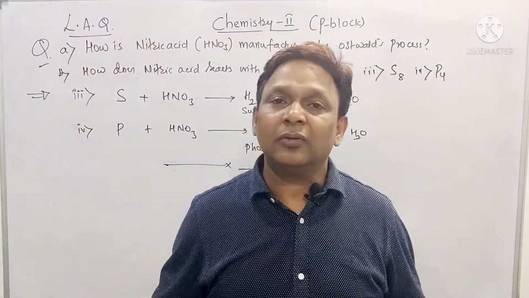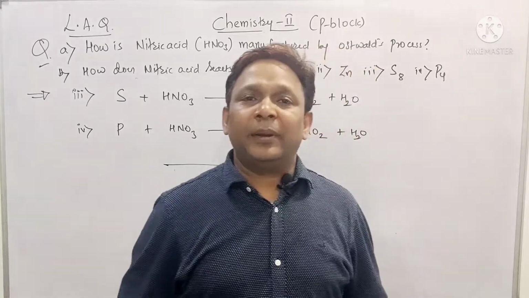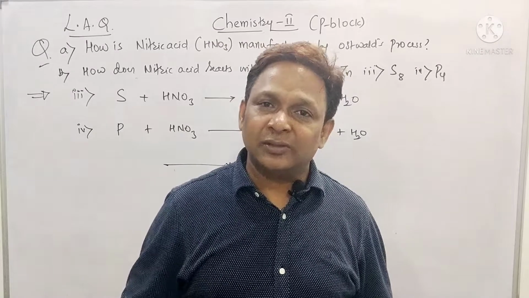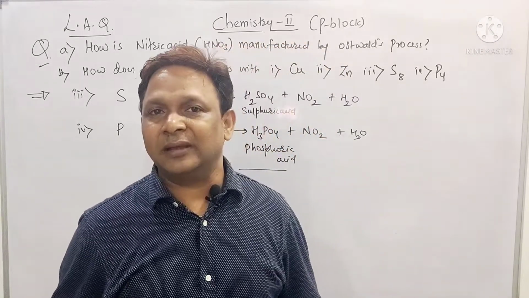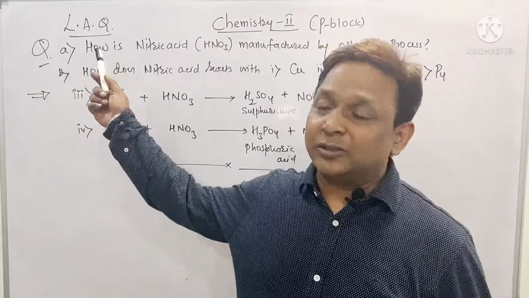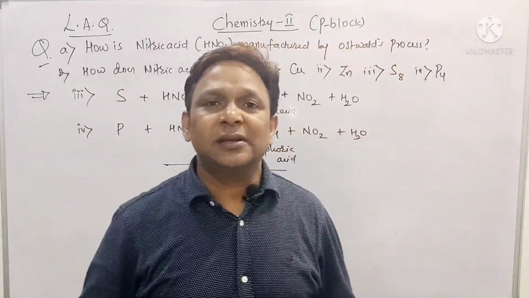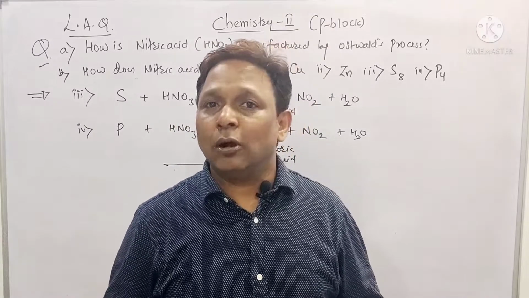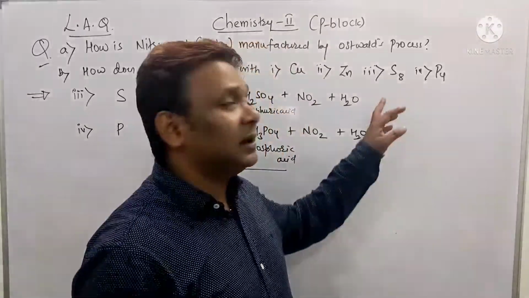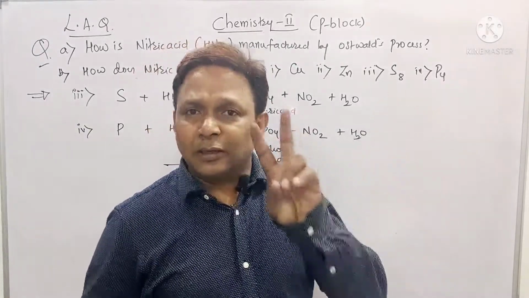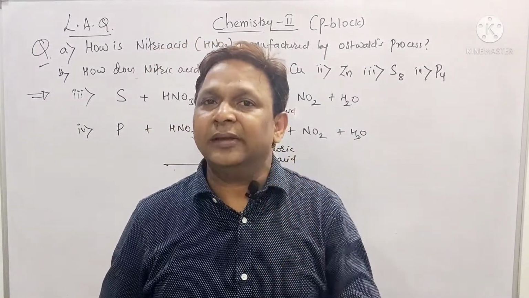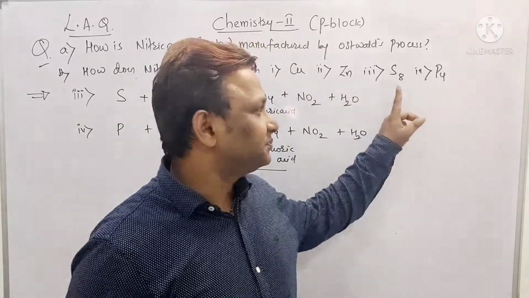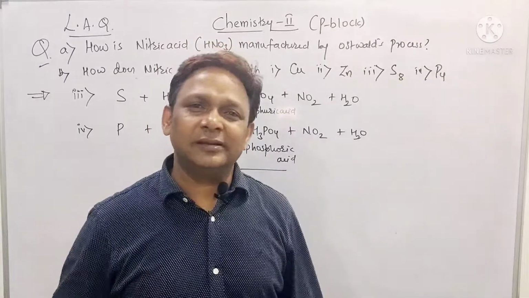Chalo, what did we do till now? The first question: preparation or manufacture of ammonia by Haber's process, and how ammonia reacts with ZnSO4, CuSO4 and AgCl. Second, manufacture of nitric acid by the Ostwald process, and how nitric acid reacts with copper, zinc, sulfur and phosphorus. Copper has 2 reactions, dilute and concentrated. Zinc also 2, dilute and concentrated. Sulfur 1, H2SO4, and phosphorus also 1.